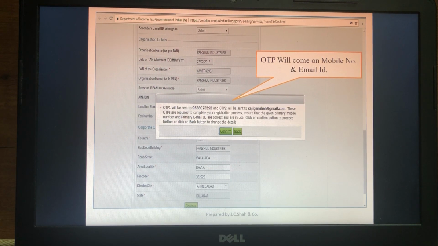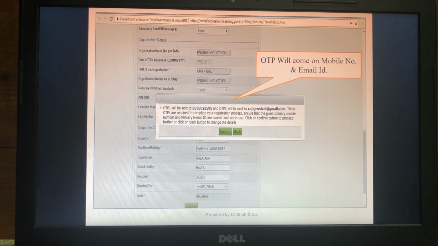The OTP would be sent to your mobile number and email ID. An important note here: one should always provide a mobile number and email ID which are permanent, so that in future, when you forget your password, you can reset it.